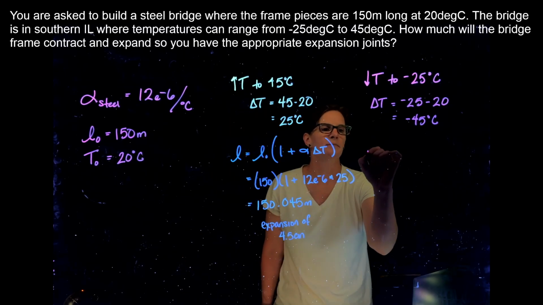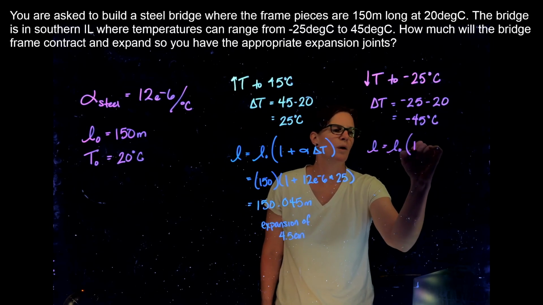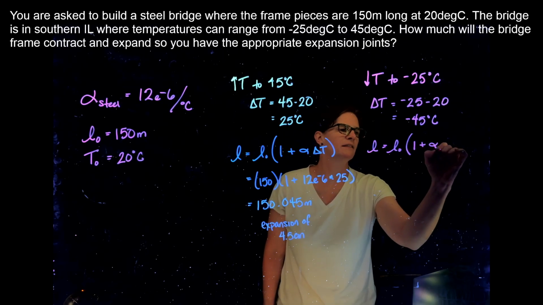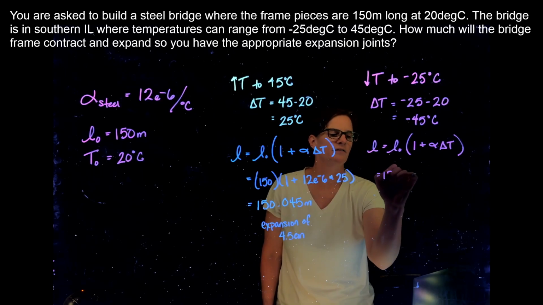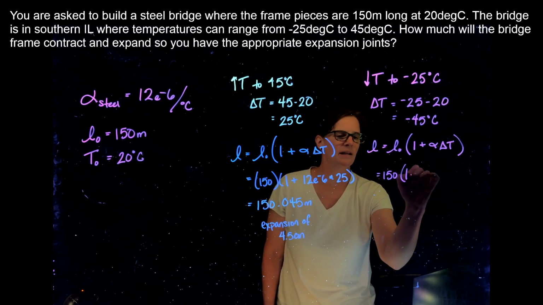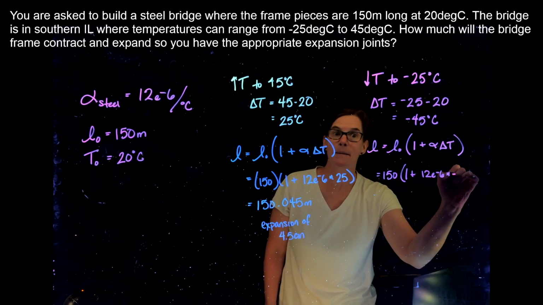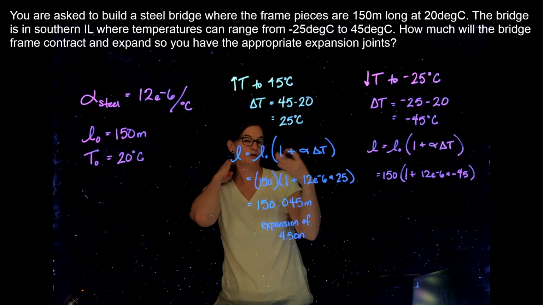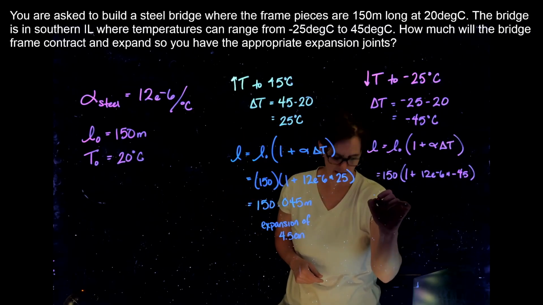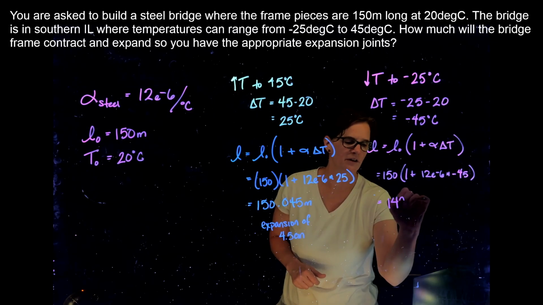So my new length is going to equal L naught times 1 plus alpha delta T. Same relationship. So I have 150 times 1 plus 12 e to the minus 6 times minus 45. Make sure you're being attentive that this is a temperature drop, so we need that negative. And I get a new length of